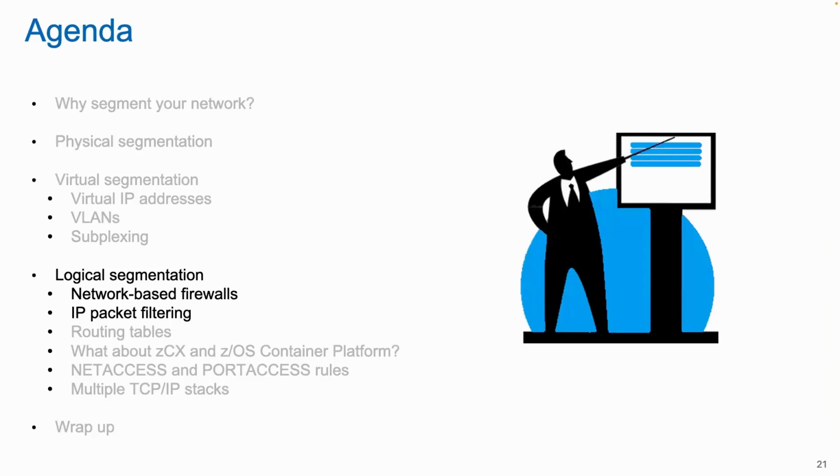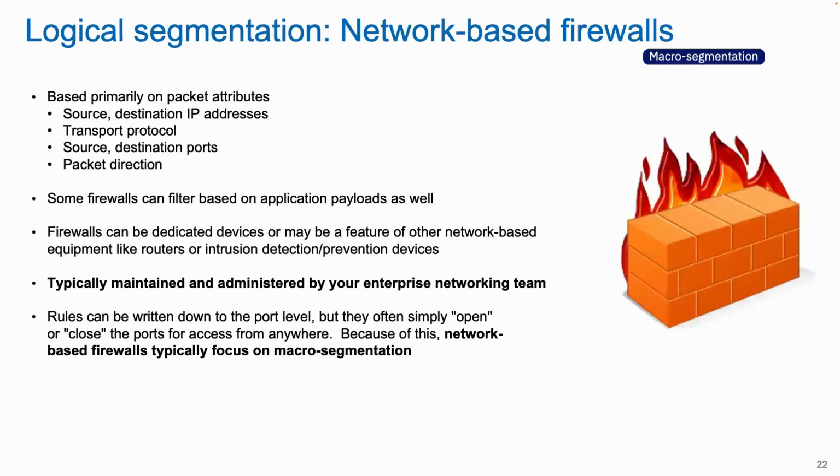All right, thanks, Mike. So let's move on to the logical segmentation. There's a wide variety here. The first two are related to firewalling. The first one is network-based firewalls. This is present in everybody's networks. They can be individual devices, or they can be multifunctional devices like routers with built-in firewalls, or IDS-based network devices